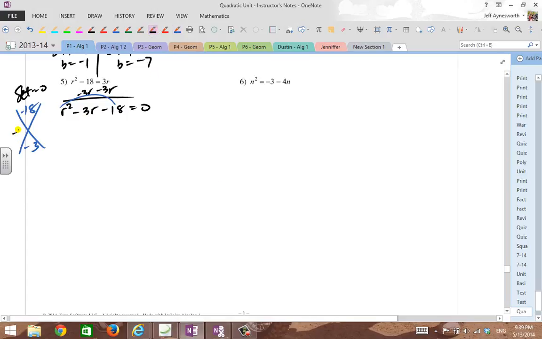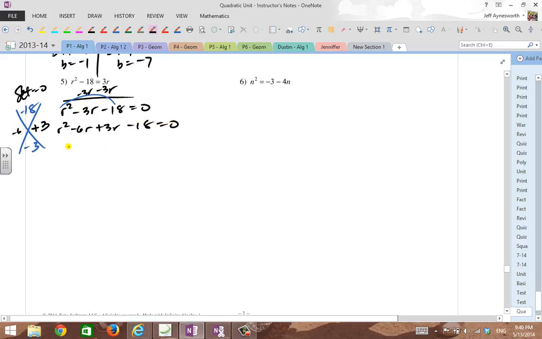All right, well hopefully you selected negative 6 and 3 here, positive 3. 3 times negative 6 is negative 18, and negative 6 plus 3 is negative 3. So if you know how to multiply numbers, well this is not too bad, is it? Now we're going to split the middle term. We've got r squared minus 6r plus 3r. We're going to do some factor by grouping once more,